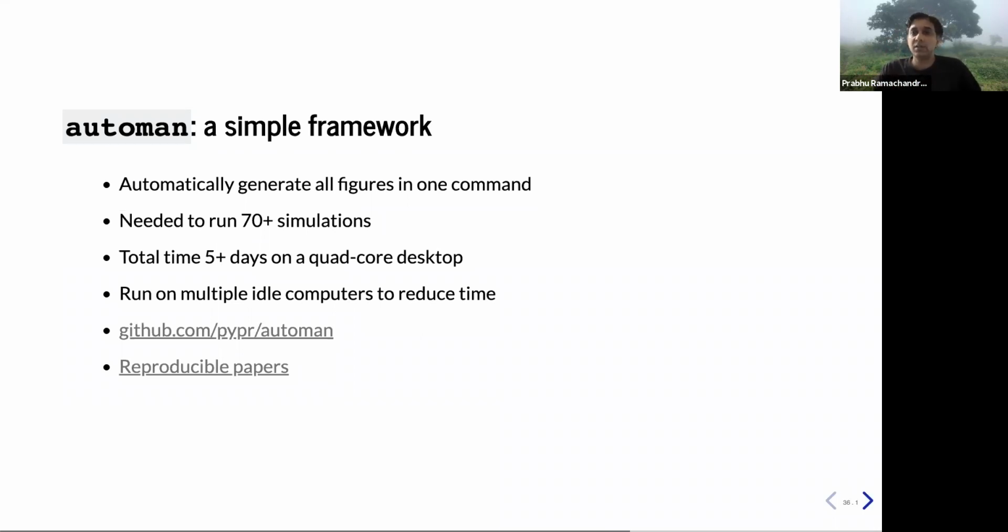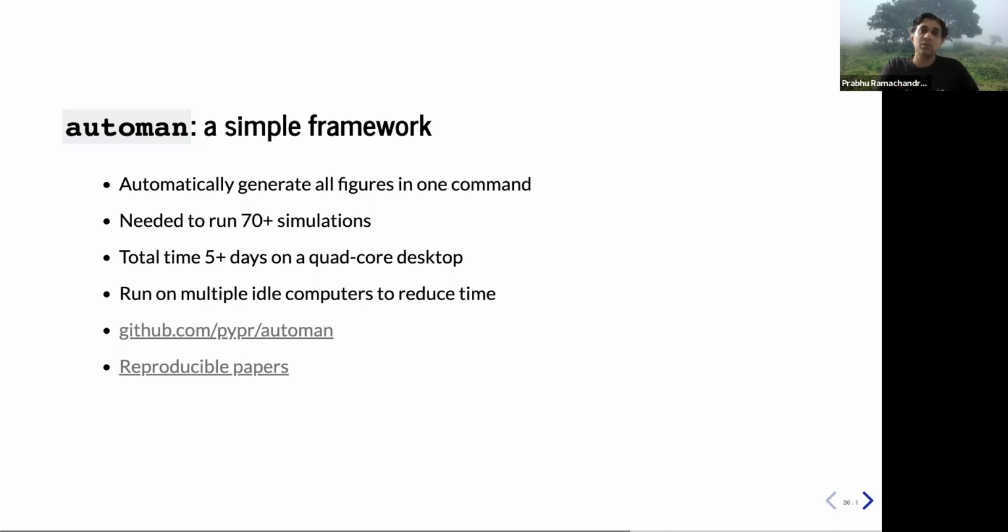So what we've realized in our group is that we want to make a difference here. So we've built this framework called AutoMap. It's a very simple idea. But the essential thing it does is, it lets you generate all the figures for your publication with a single command. Which means, of course, it's not as if it's free. It doesn't happen automatically. You have to sit and write the code for it. But there's a framework that allows you to run and execute multiple simulations and then collate those results so that you can just generate it in one shot. You can think of it as a glorified makefile.